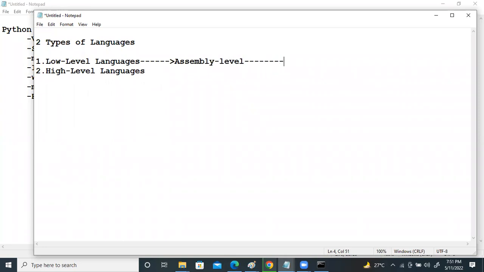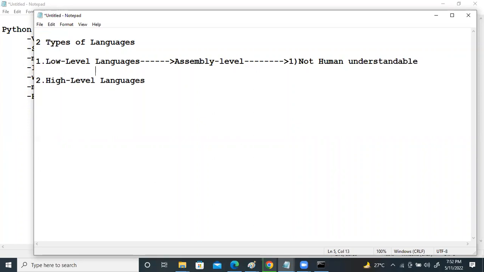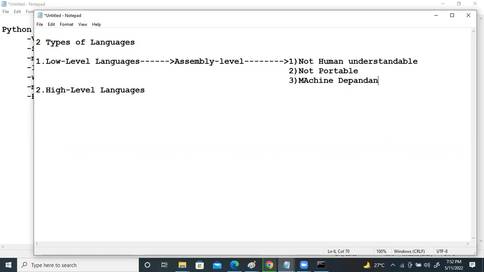These languages are not human understandable. These languages are not portable. And these languages are machine dependent. They cannot run on all the hardware and all the operating systems, right?